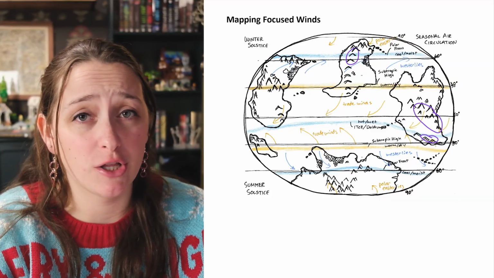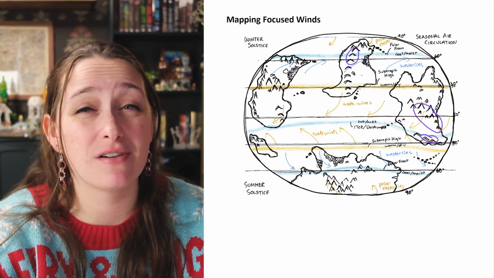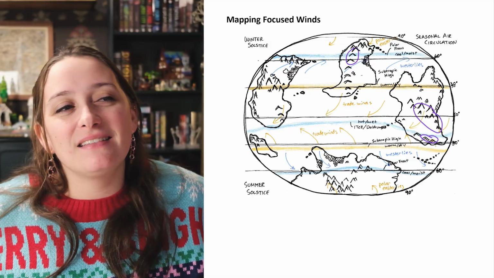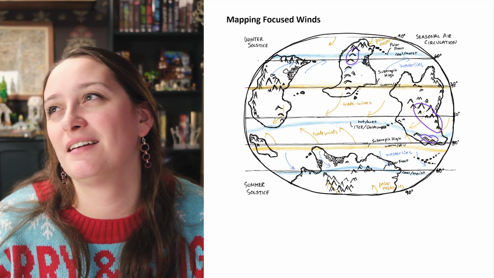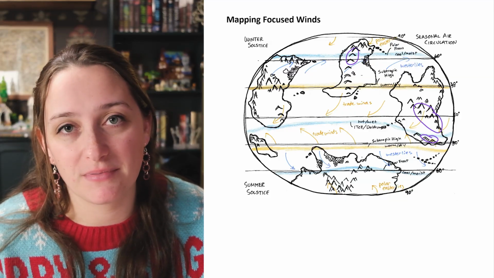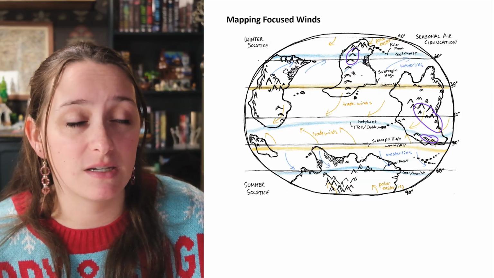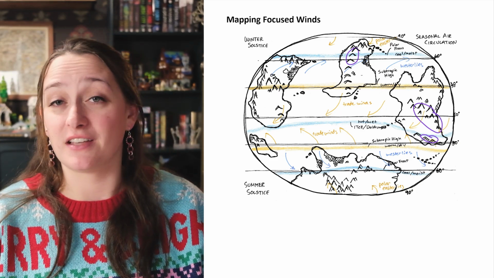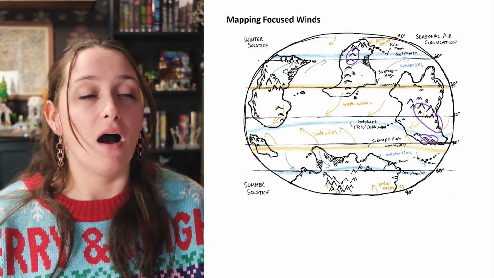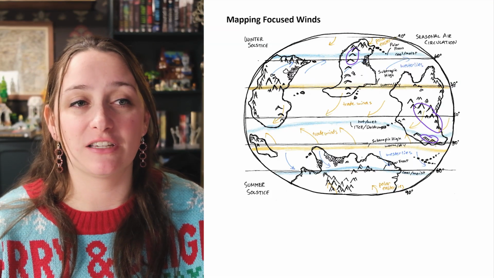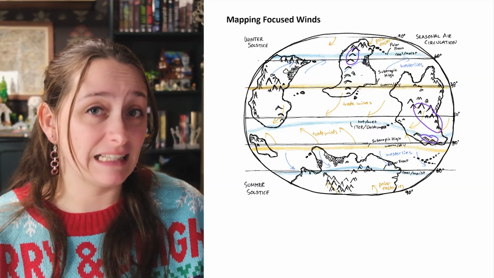So for the most part, on a global map like this, we don't know where those areas are going to be. So that's going to be a chance in these regions, but you'd have to look at your local maps or your regional maps to determine exactly where these winds are going to be. But a fun example is in the Rhône Valley of southern France, the Mistrals are winds that blow the clouds and dust from the air, leaving the region particularly sunny and the air particularly clean.